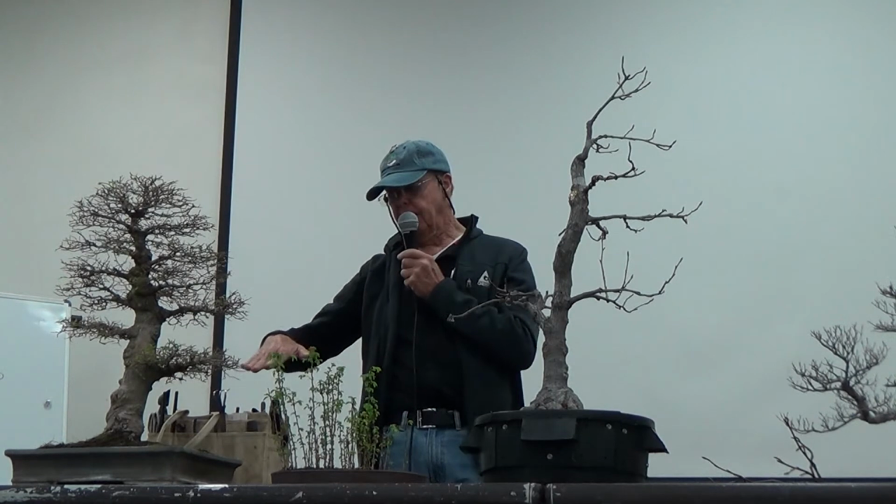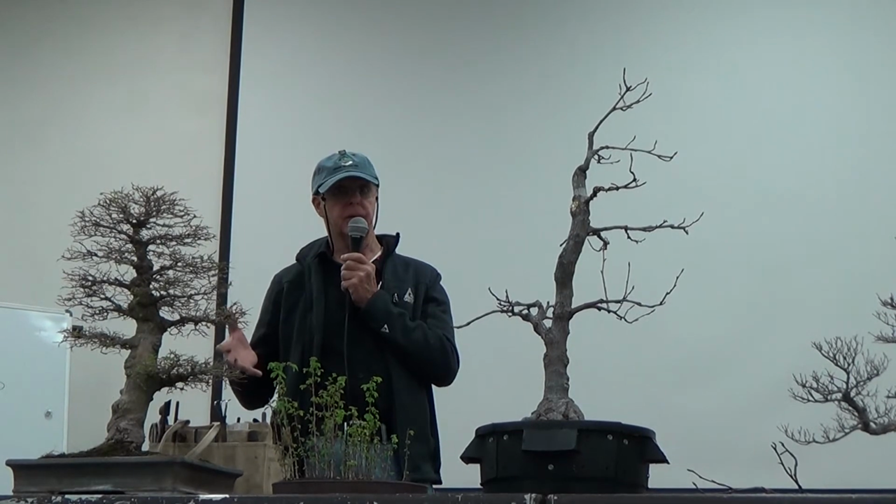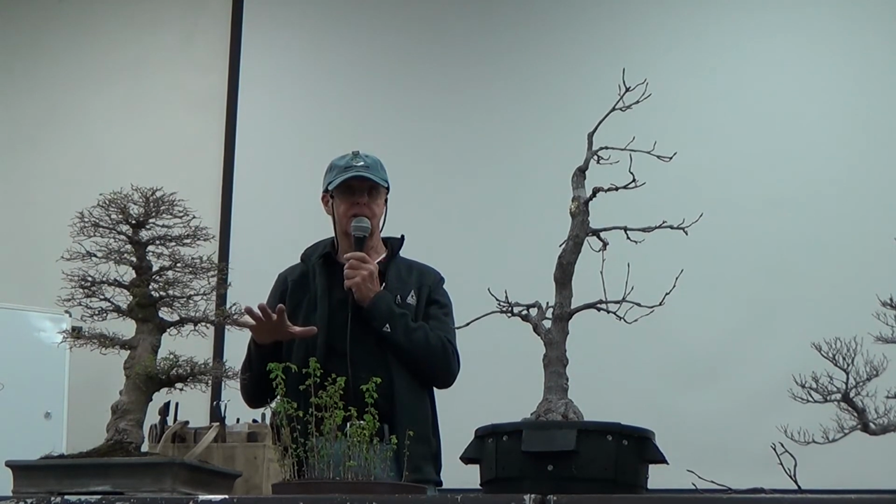Yes. How about root pruning? Root pruning. Very important for the top to balance. When you repot this time of year, this tree could be repotted right now, and you could root prune it pretty significantly. Root pruning on a deciduous tree can be very, very aggressive, especially if you have a tree that's in a nursery container at this time of year. But the key thing is